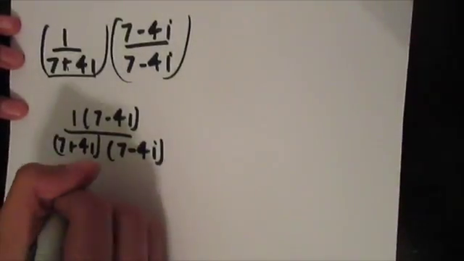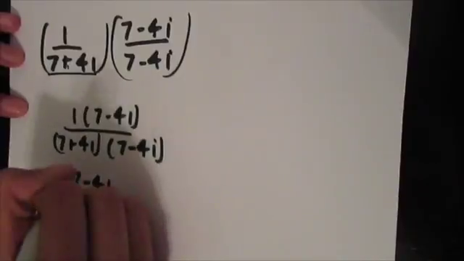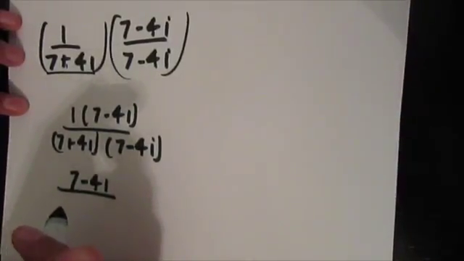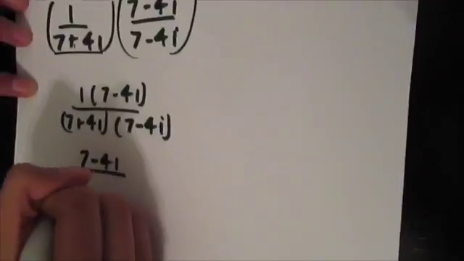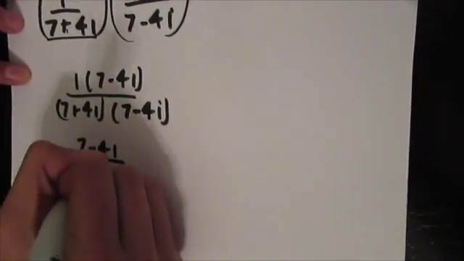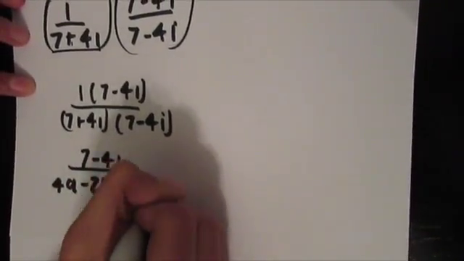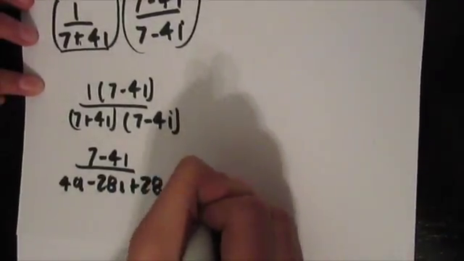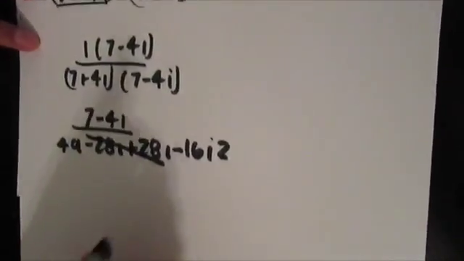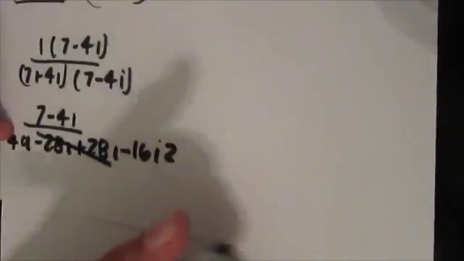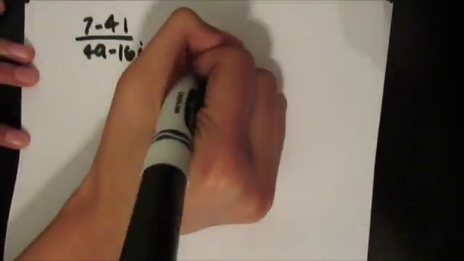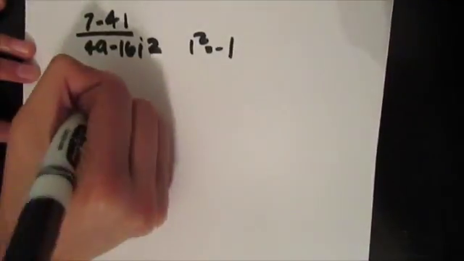We will multiply, so we would end up with (7 minus 4i) over 49 minus 28i plus 28i minus 16i squared. Once again, this will convert into 0, so we would end up with (7 minus 4i) over 49 minus 16i squared. We know i squared is equal to -1, so (7 minus 4i)